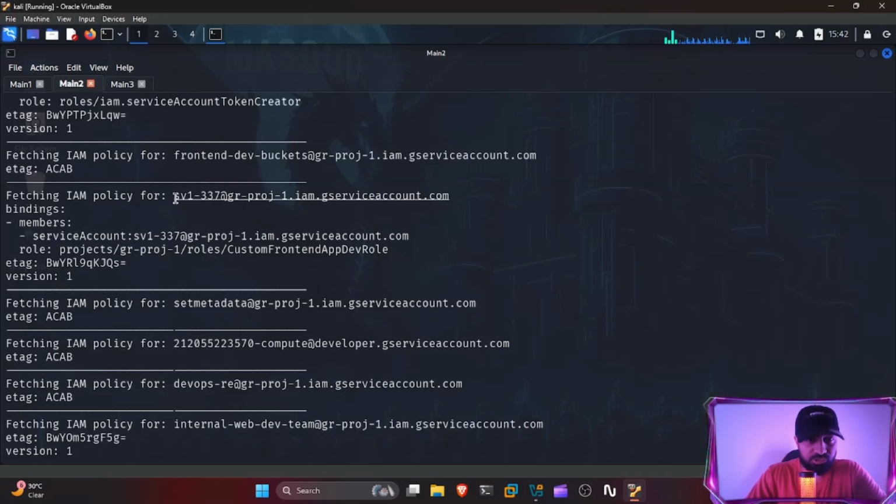Okay, as you can see here, this was the initial service account that we got our foothold through. And this service account has a custom role. It's custom by the fact that the name is custom: custom front end app dev role. So let's go ahead and copy this. Go into a new tab